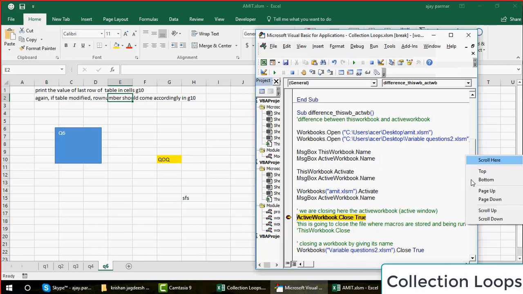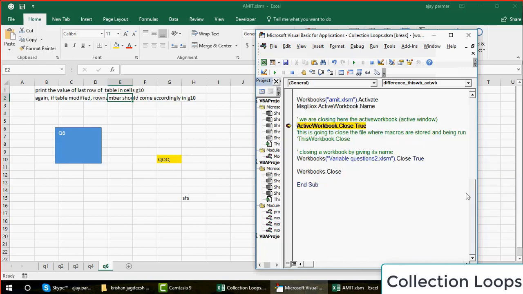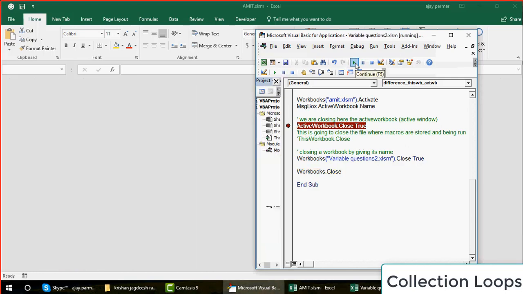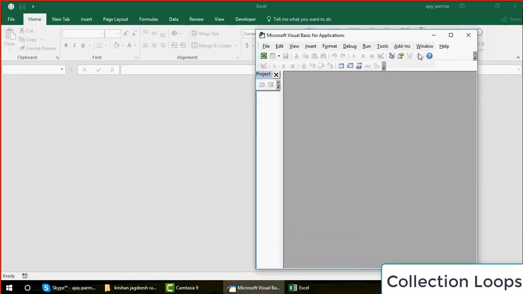Now from here we will see what we have done. I'm not going to close this file, because if I run this, Amit will get closed. I want to show you that if you directly execute this line, Workbooks.Close, see what is going to happen, guys. I run this. Can you see that?